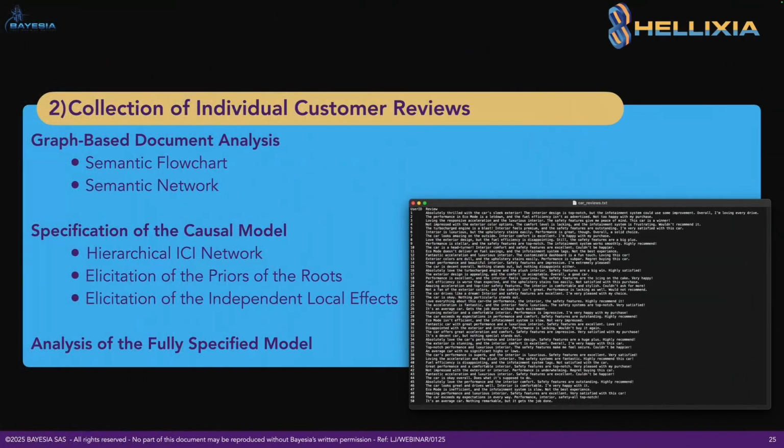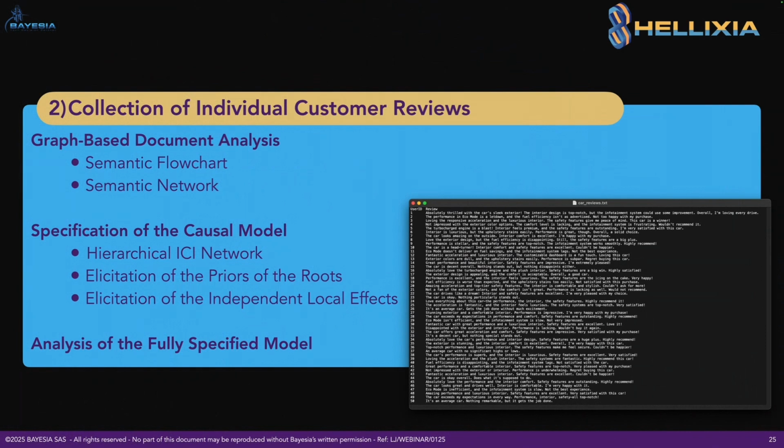So now let's switch to the second part. We are going to assume that now we have open-ended questions, so we have one text, if you will, per consumer. We can have some kind of quantitative data in the same file, but here we just focus on each consumer's brief output, and we want to analyze it.